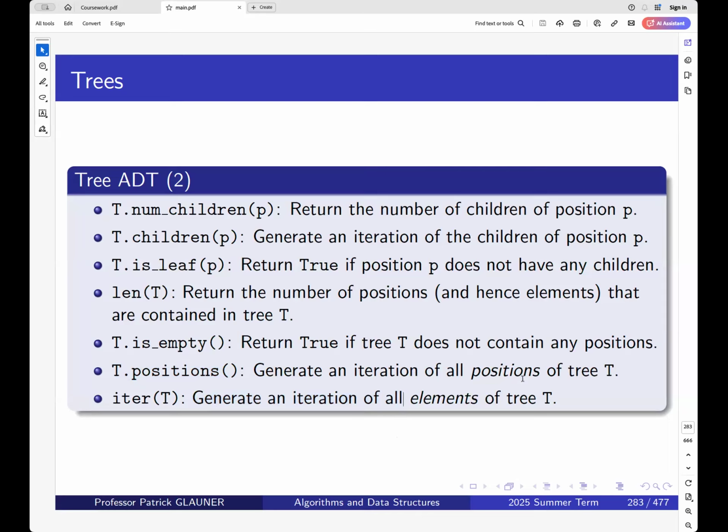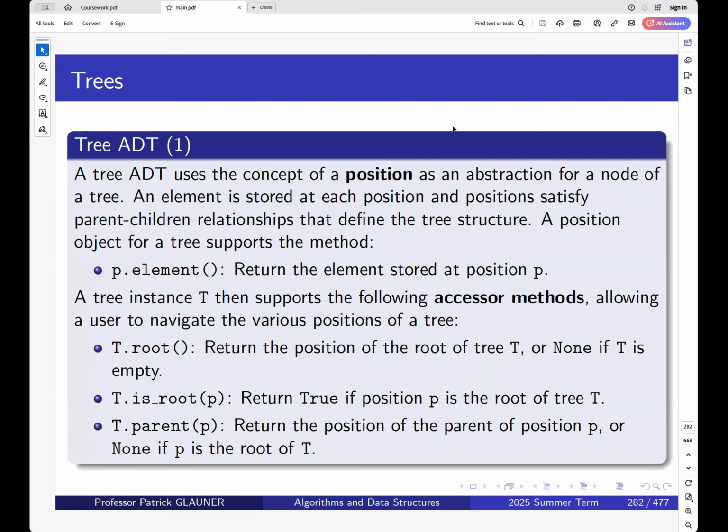So this is a difference because if we generate an iteration of all the positions, that would be the nodes. But if we generate an iteration of all the elements of the tree, this would be the concrete values stored at the positions or nodes. So that's a big difference. And we could also check if the tree is empty. That means if the tree does not have any positions or nodes. So these are some initial methods for a tree. And we will try to implement some of this, and we will soon start building our own tree and see